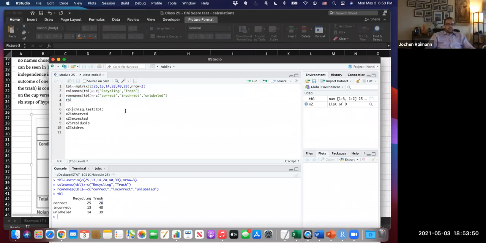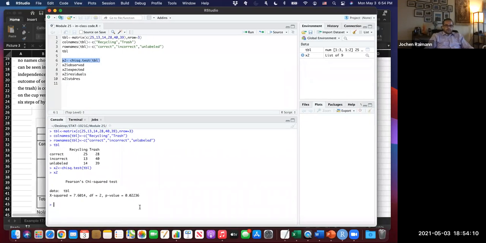So now, if we are doing this analysis and we're building a chi-squared, this is the code for running a chi-squared. It's chi-squared.test. If you run this now, you essentially get your chi-squared result. Here you get chi-squared of 7.601, a degree of freedom of 2 with a critical value of 5.99, and a p-value of 0.02.